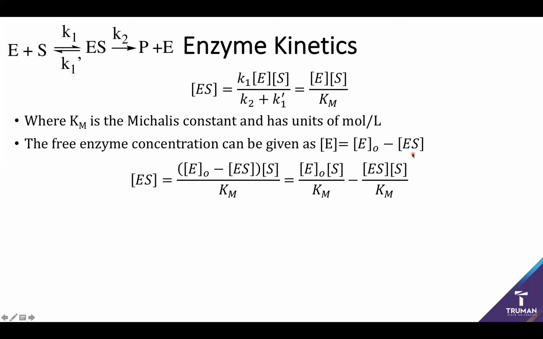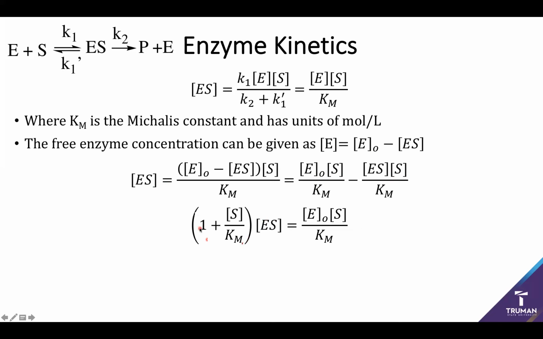So I can insert this expression into my expression for the enzymatic complex, and then we can essentially distribute out our function. And so we'll now have the enzymatic complex as a function of the substrate times the enzymatic complex times the substrate. So what we're going to want to do is move this second term over to the left-hand side. So I have all of my terms for the enzymatic concentration, the enzymatic substrate together,